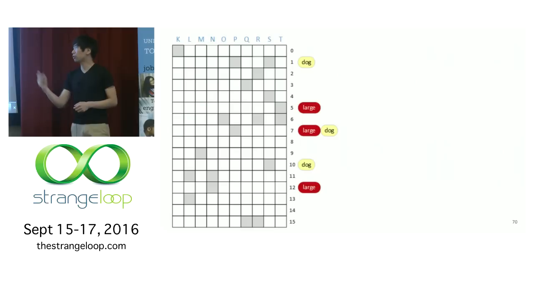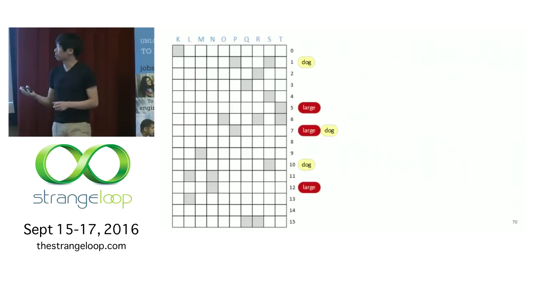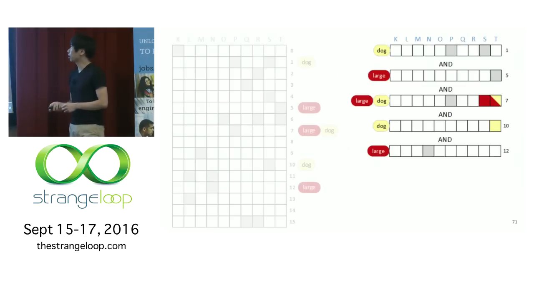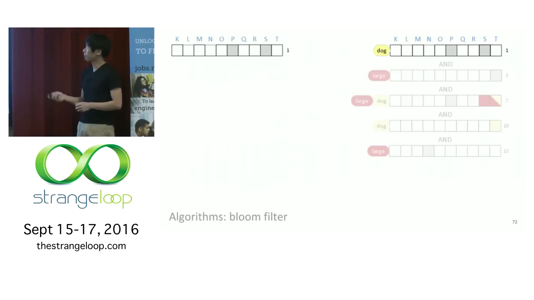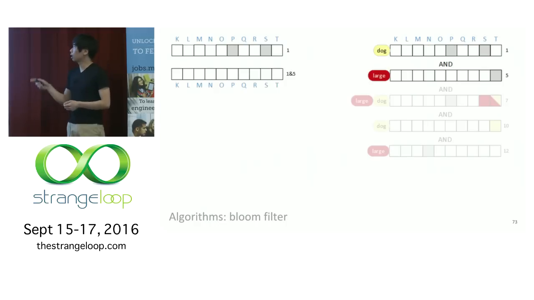OK, we could also do this query on some block where none of the documents contain both of these terms. So we do this as before. We want to do this operation. Row 1 is row 1. And notice we AND in row 1 and row 5, we get all zeros. So at this point, we can actually stop, right? As before in the cat example, when we see all zeros, we know that none of the documents in this block can possibly contain these terms, so we don't have to go any further.